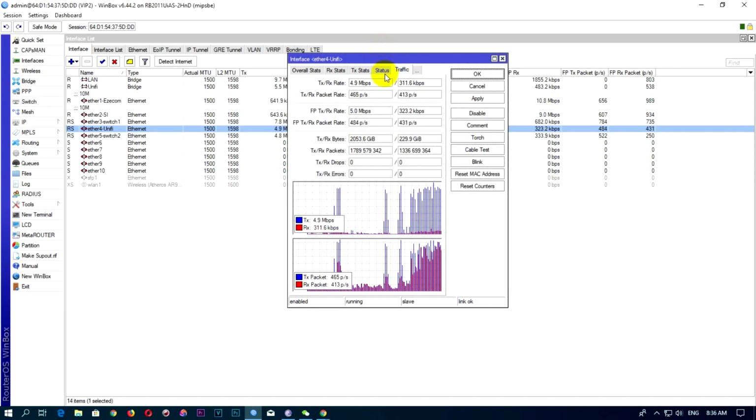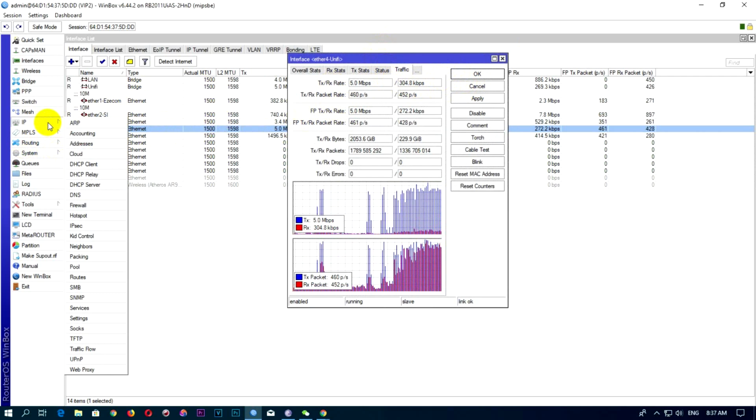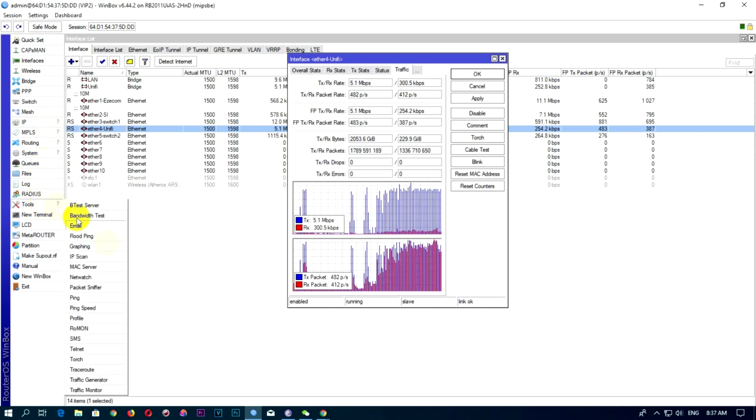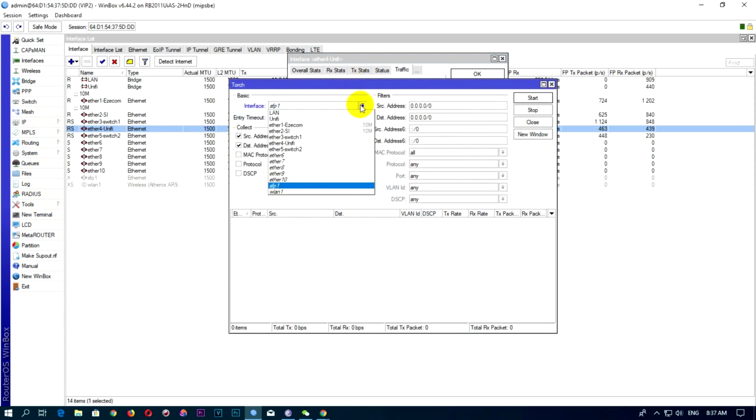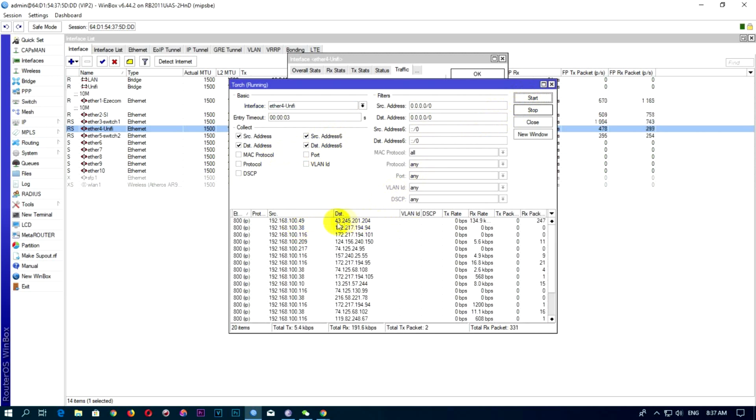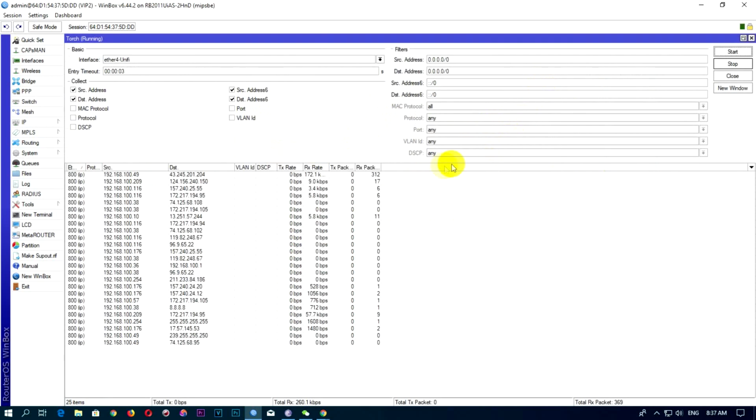Okay, to check who uses it, you can go to IP, and you can use the tool, and touch. Okay, you use touch and then you check on it. Now I use Unify. I select it, and you check it. The speed will go up like that